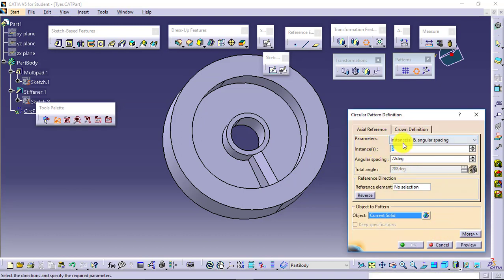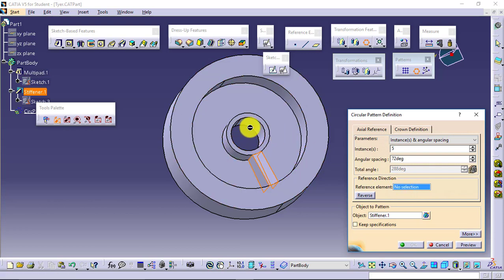Similar kind of window with some different values it is asking. First thing first, object to pattern, I will say this one, not the current solid. Reference direction. Now I have to select the reference element or the axis about which I want this to be patterned.